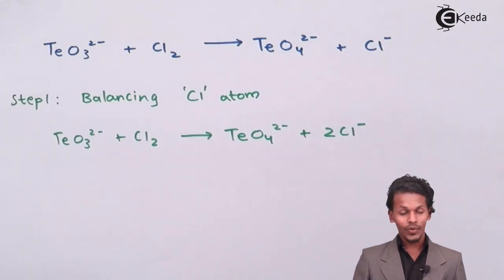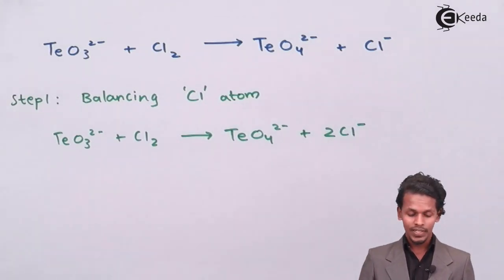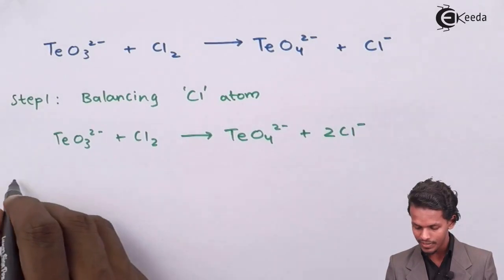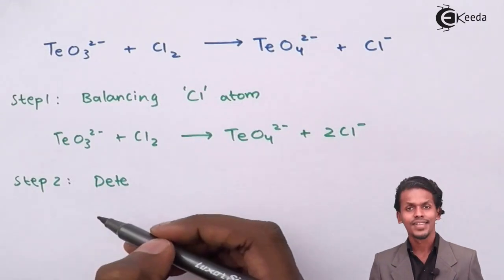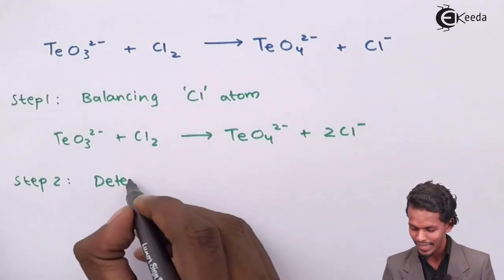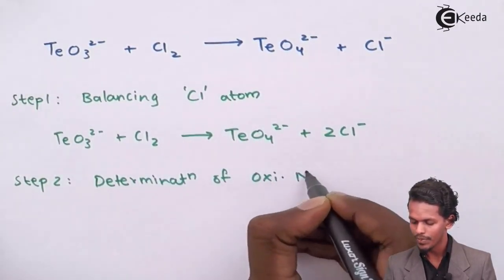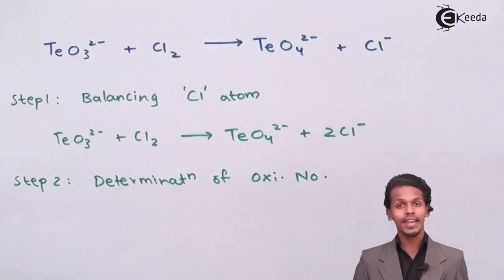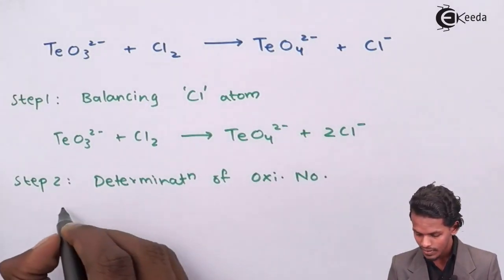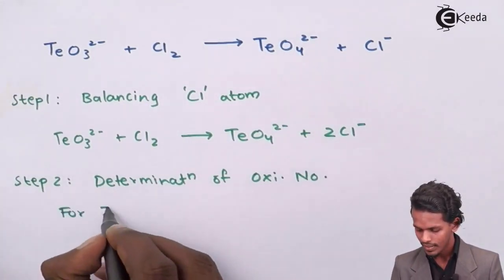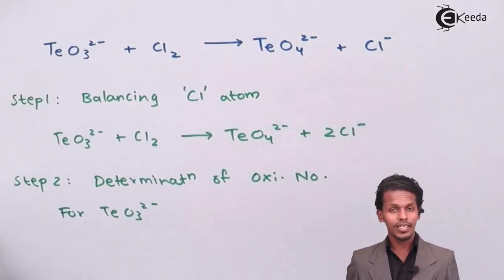So the first one is tellurium, whose oxidation number is not known to us. So I would write step number 2 as the rule that we have followed earlier also, that is determination of oxidation number. I'll take an example of the first reactant, that is tellurium trioxide. So therefore, for TeO3 2 minus, I could find out the oxidation number as,